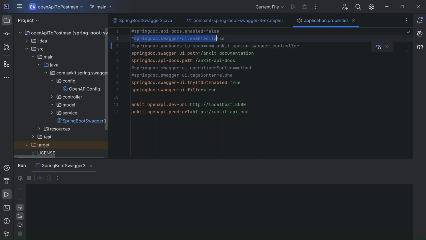The second one is springdoc.swagger.ui enabled equals to false. So what this is doing is, if this was left uncommented, it would disable the Swagger UI, and since it is commented, we are seeing the Swagger UI right as of now. So the next line is